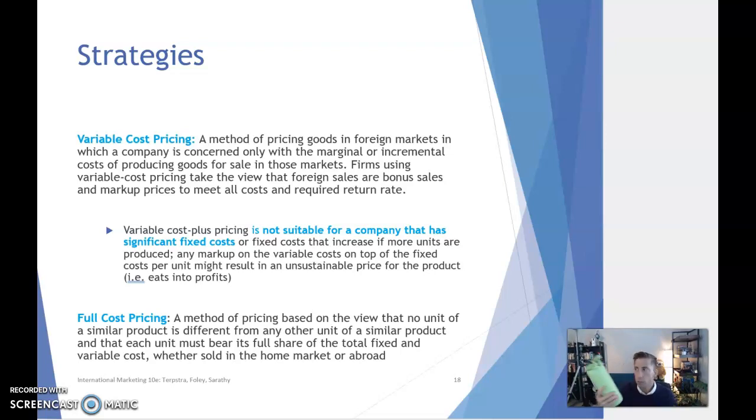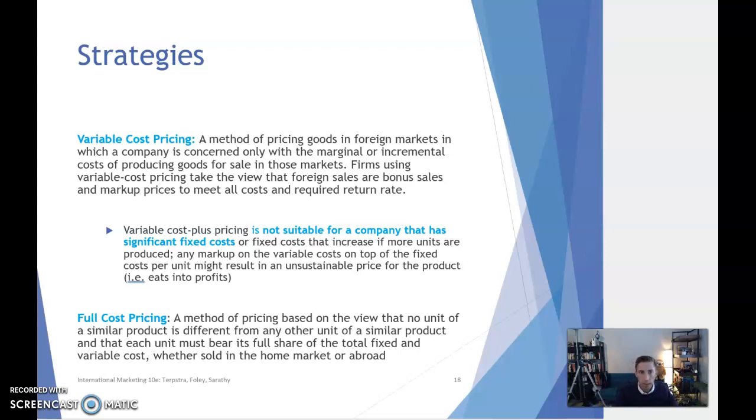For example, imagine this container, flask, and imagine if you have to get it to a final product to the market and its price is too high because of its fixed costs, nobody's going to buy it. And it's not a product that's special anyways. There's a lot of other sellers. So know if you can get the scale and the price down. Full cost pricing allows you to look at the view that no one unit is really important. It's the totality of it. So the total fixed costs and all variable costs cover the whole thing.